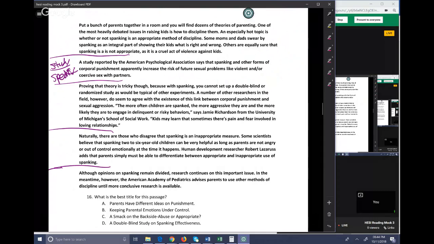And then they're explaining why it's hard to study. And they're explaining the argument of each side. So they're reiterating that there's a split in opinions. They're giving you a reason why people think it's bad, a reason why people think it's good. Very big paragraph, lots going on. And so it's essentially giving you the arguments of each side is what I said the big one is.